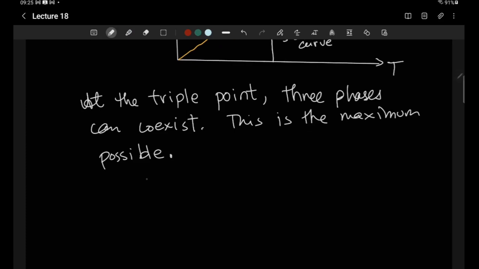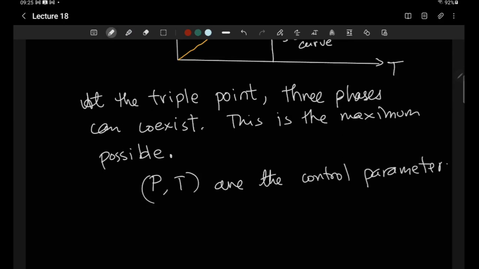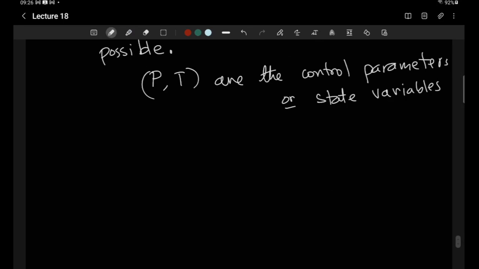So the point is that here we have two control parameters. We'll call P and T the control variables, or what did we call them? We call them the independent state variables. Now if you want to have coexistence of one phase in a plane, you'll have to draw one line. And if you want a second phase to also coexist, you have to draw something like